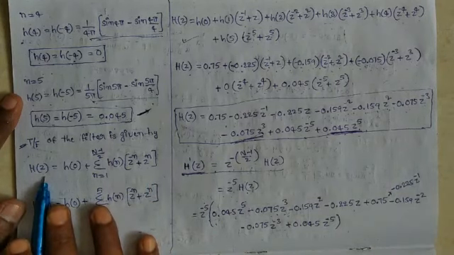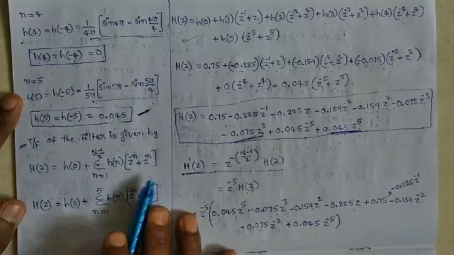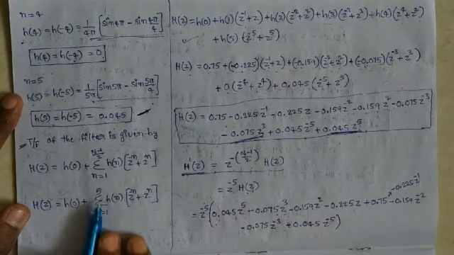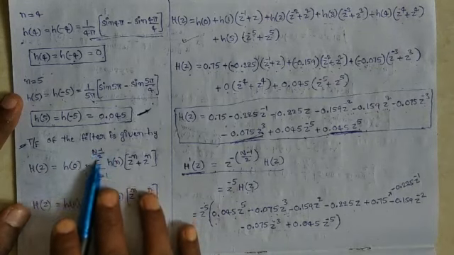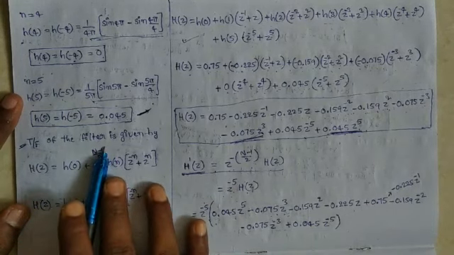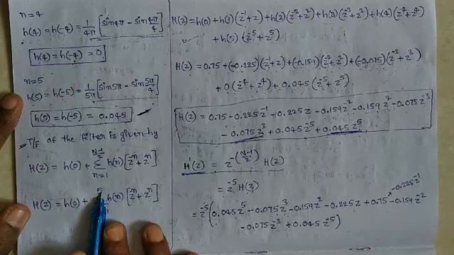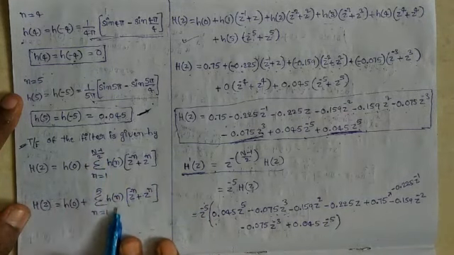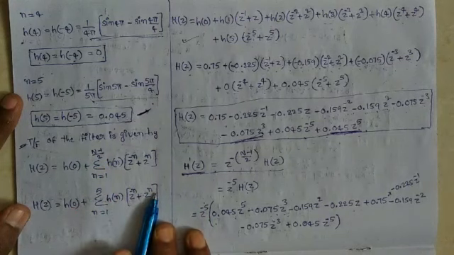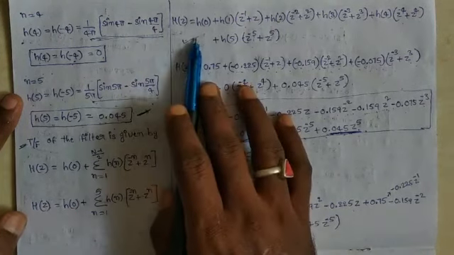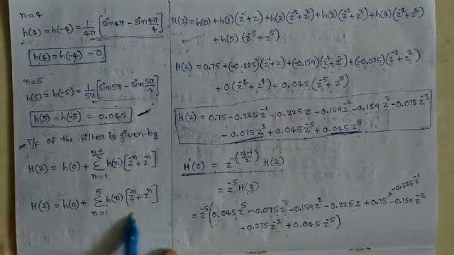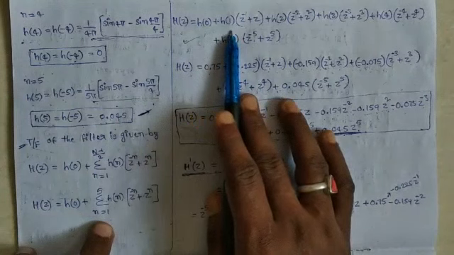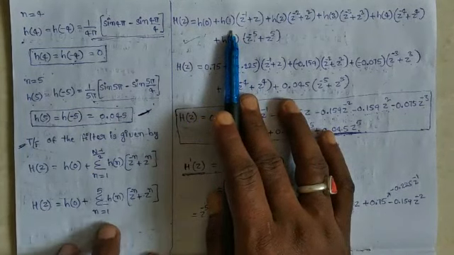Here how to calculate H of z by using this formula. H of z is equal to h of 0 plus summation n is equal to 1 to capital N minus 1 by 2, which is 5, since capital N is 11, so 11 minus 1 by 2 is 5, of h of n into (z power minus n plus z power n). Here we are expanding this summation, n is equal to 1 to